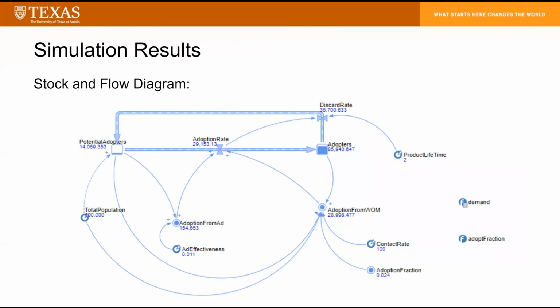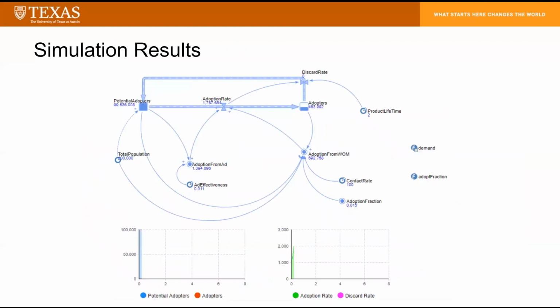To illustrate this, here we are showing the stock and flow diagram that we did in AnyLogic. And we can see that the discard rate is actually the same as the adoption rate, but just delayed by the product lifetime. We are also going to include demand as a seasonal component